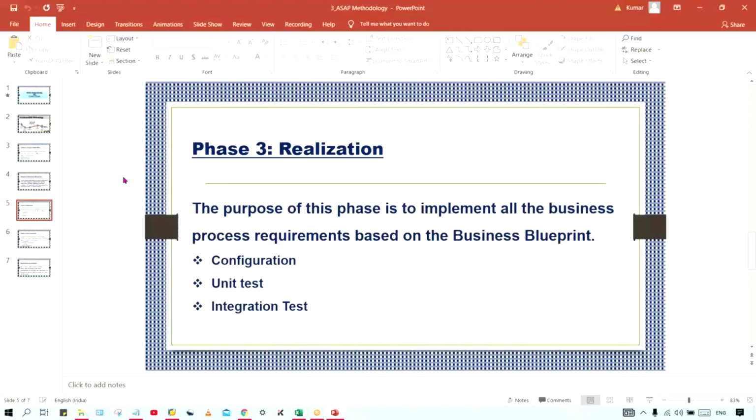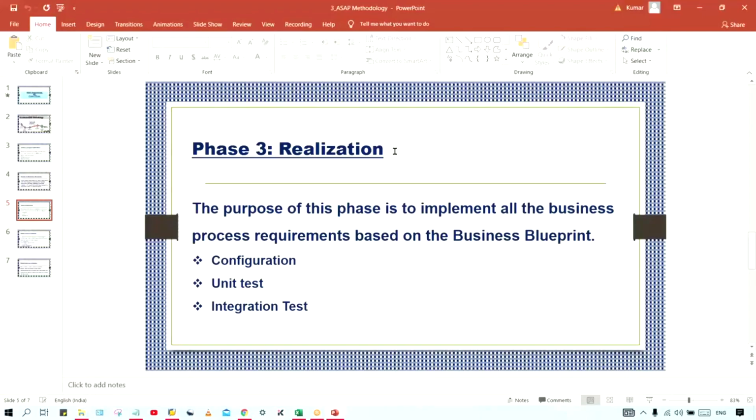You have to execute. We are going to do the configurations. We have to configure all the processes that you have documented in the blueprint. Realization is the phase which is going to run for a longer period.